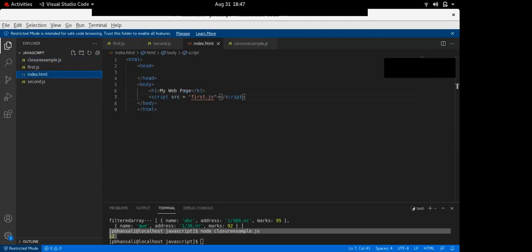So in index.html, instead of first.js, I will write closure example.js, and let me run this file.